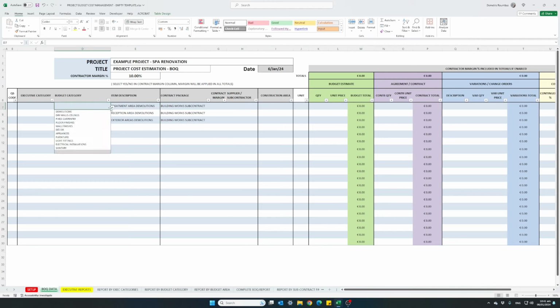For the budget category, it's straightforward, demolitions, and our executive category, again, demolitions. For this subcontract, there will be a percentage for the contractor overhead added, and our subcontractor, you can give the name of the actual company that will do the work. For the moment, I will write builder 1,